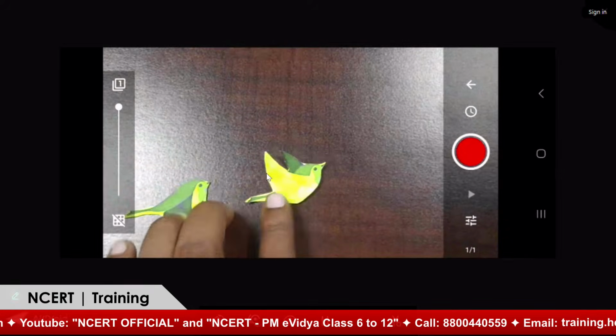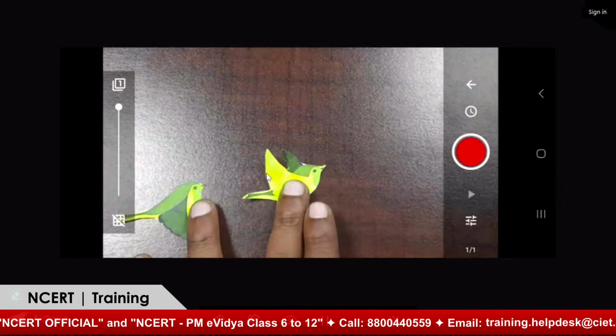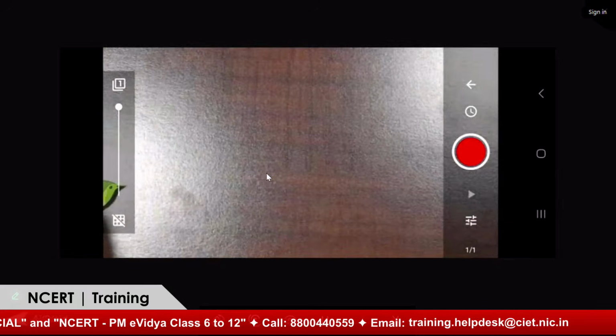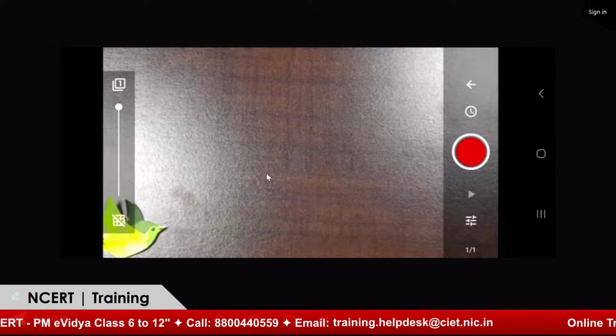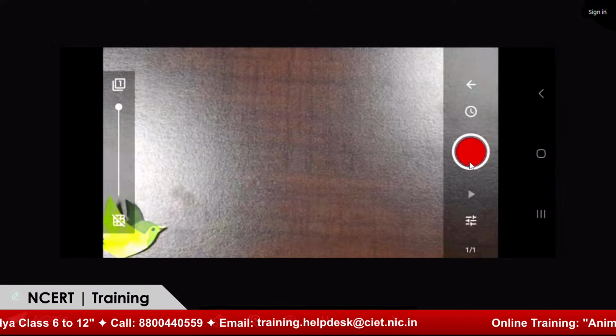Now I'm going to create an animation like the bird is moving, right? Flying, right? First I'm keeping this photo and then I'm going to click on